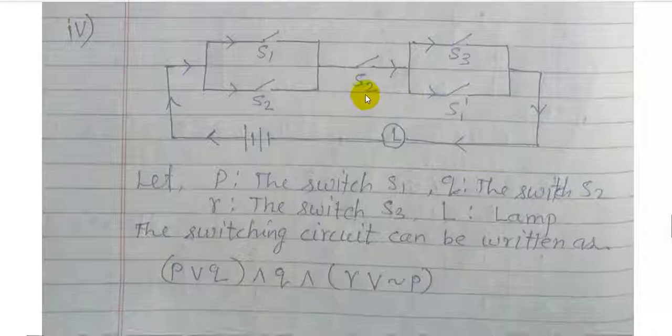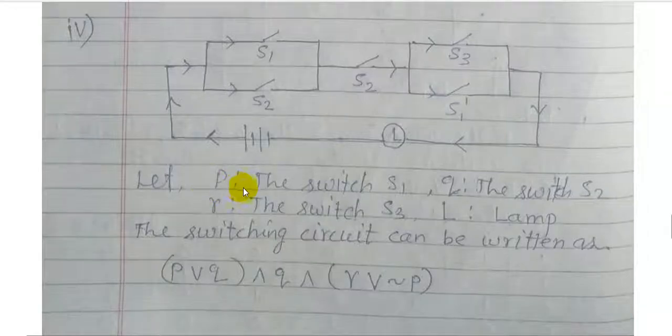In the textbook, it is given that here S2. If we write S2 here, we get a different answer. If you want the textual answer, you should write S3 dash here, then you will get the textual answer. Means if we take the printing as correct in the textbook, then the answer is wrong. If the answer is correct in the textbook, then the switching circuit is wrong. This should be S3 dash for the textual answer, but I have given this solution because this question is given in the textbook.